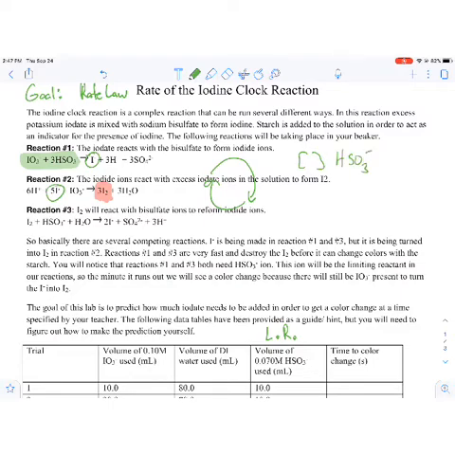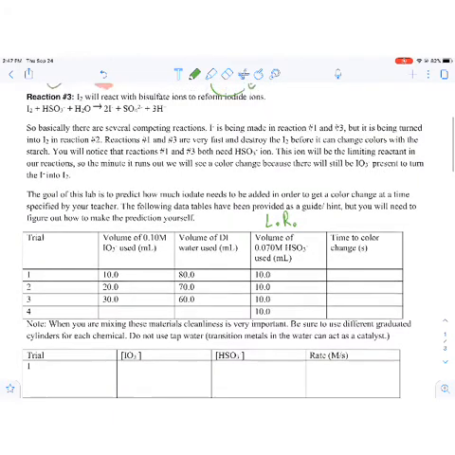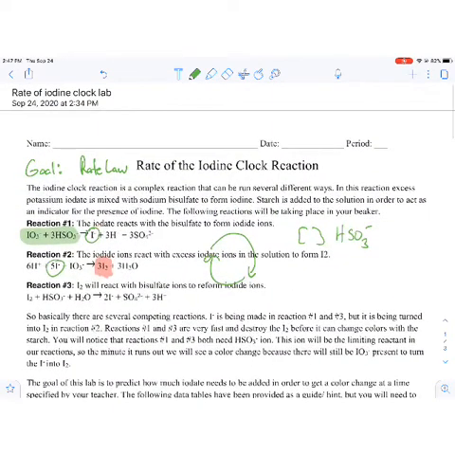So what's going to happen is we are going to know the concentration of HSO3 minus in the beginning, right? We're going to be able to tell that from this table right here. And what's going to happen is we're going in this circle, right? We make the I minus and then it turns into I2 and then the I2 gets destroyed. And then we get some more I2 and then it gets destroyed. And then we make some more I2 and it gets destroyed, but this time we used the last of our